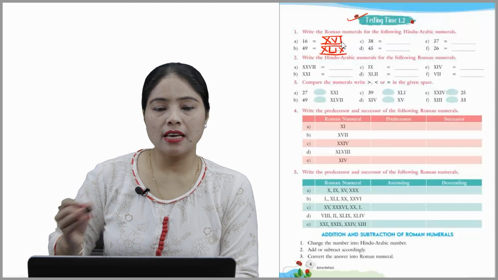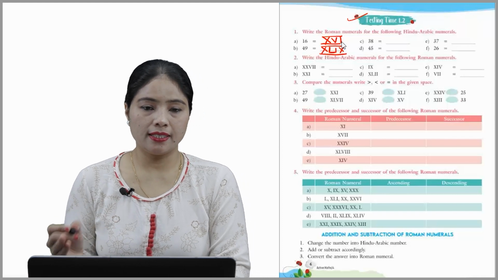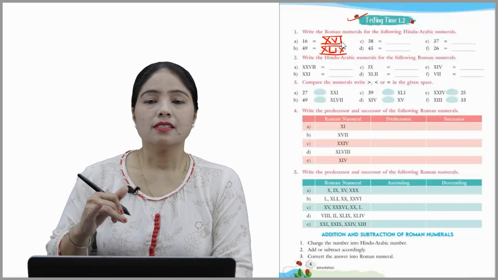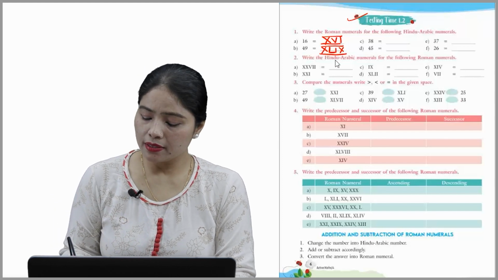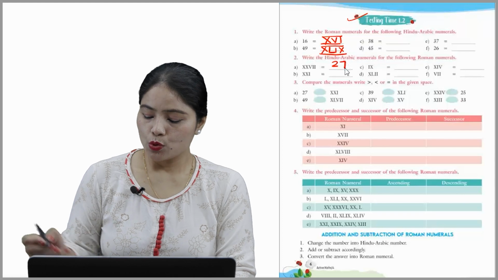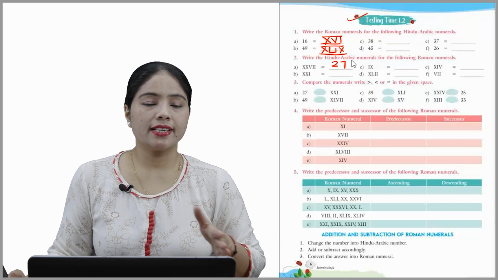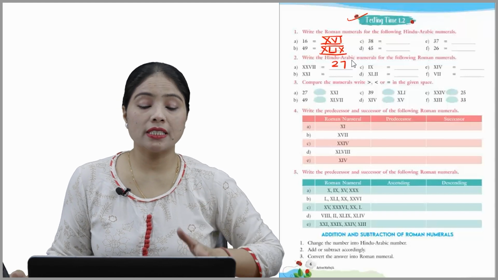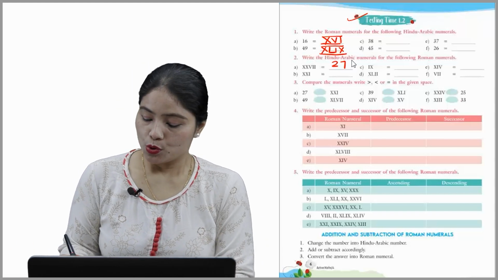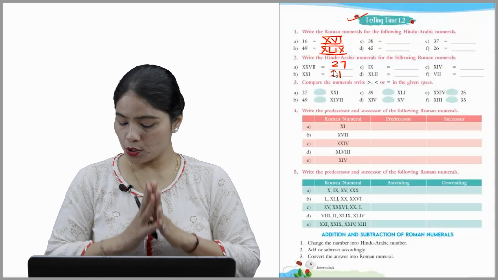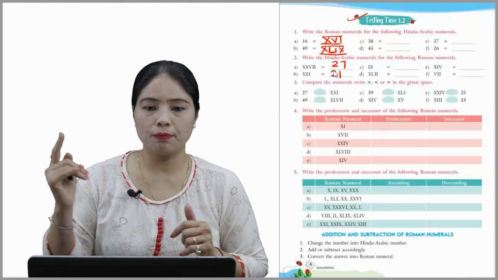So here it is given XXVII. That means XX क्या होता है हमारा? 20 and this is 7. So it makes number, yes, 27. So write 27 over here. Then second क्या है हमारा? XXI. That means 10, 20 and 21. So write 21 like that. Hope you understood well beta. So these are the other questions. You have to complete it on your own.